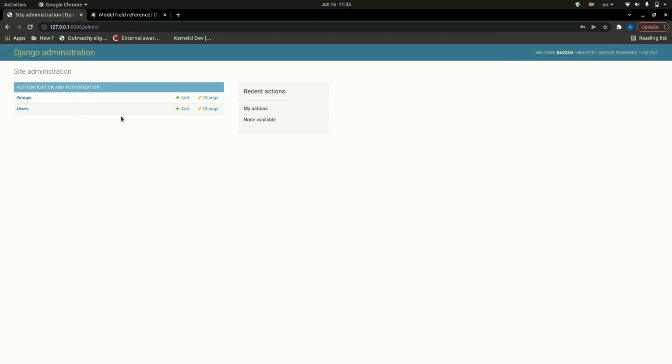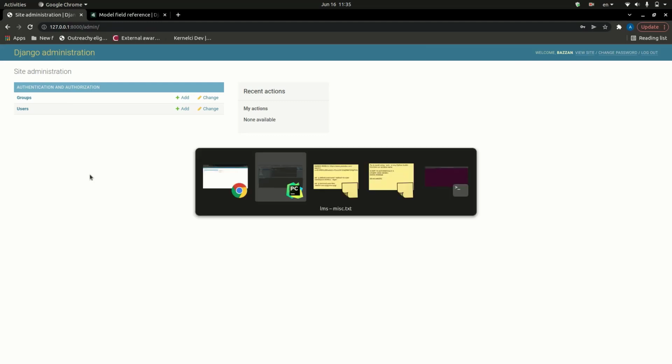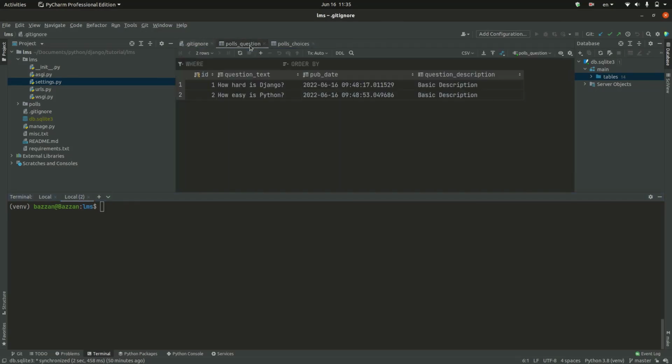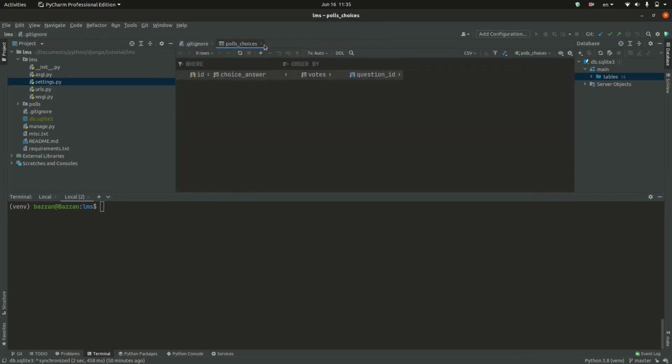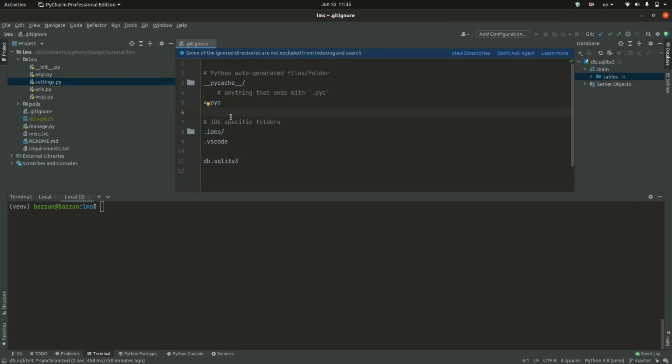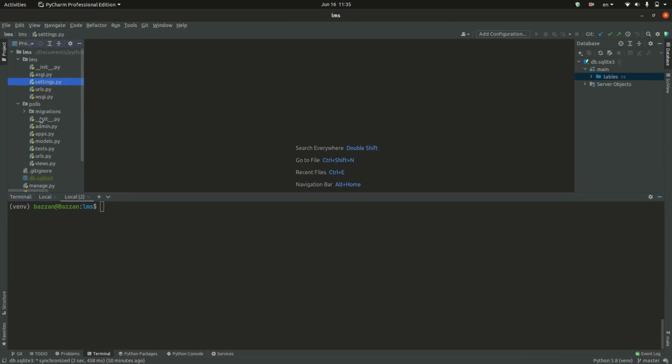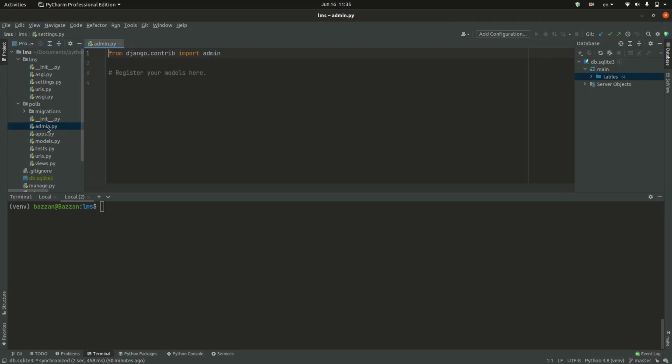This is automatically created. I didn't write any code for this. Django creates it for you automatically. But then you notice all the apps we created are not here. So there's a way to register your app on the admin. To register our app on the admin, we have to come here, go to admin.py under our app, then you import from